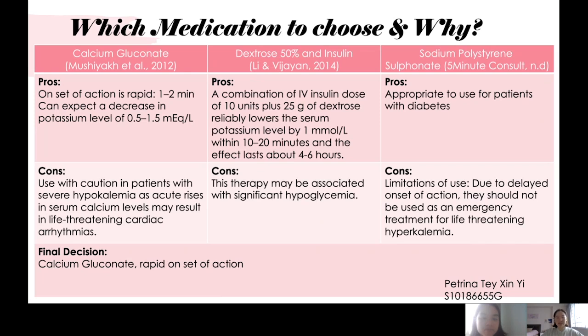Next, dextrose 50% and insulin. This combination of medication can reliably lower the serum potassium level by 1 mmol per liter within 10 to 20 minutes, and the effect can last about 4 to 6 hours. Cons, this therapy is associated with significant hypoglycemia. Sodium polystyrene sulfonate is appropriate to use for patients with diabetes, while the cons is that it shouldn't be